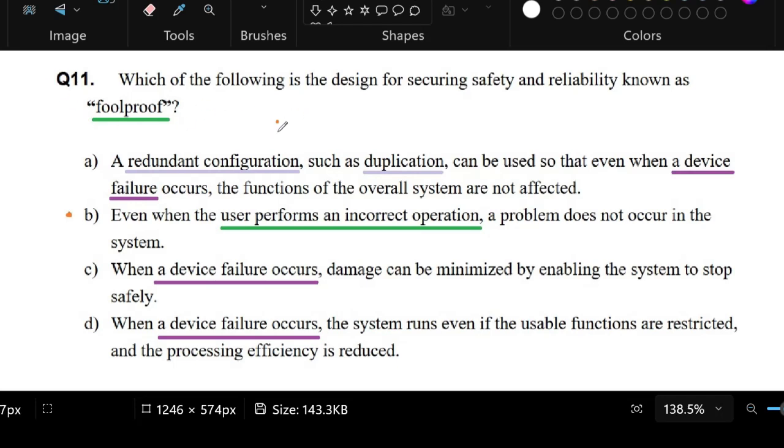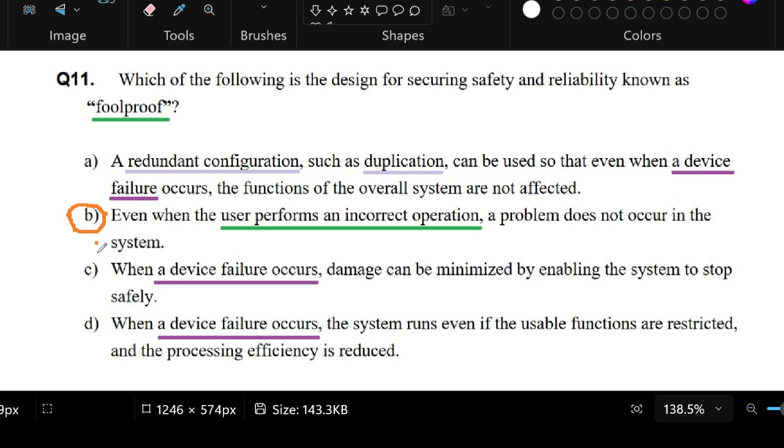Question number 11 of the PhilNITS FE morning portion of the exam. In this question, we are being asked, which of the following is the design for securing safety and reliability, known as foolproof? Okay, the correct answer is letter B, and I was also able to choose the correct answer,